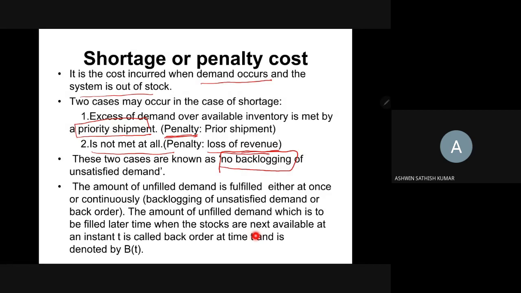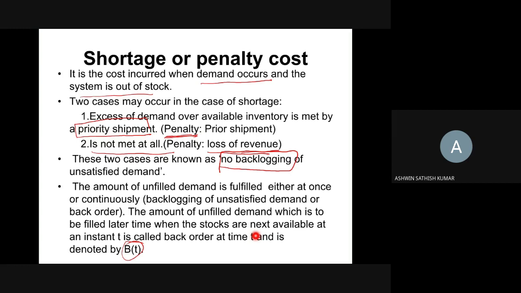The amount of unfilled demand which is to be filled at a later time, meaning which you can manage after a future shipment, can be filled later when the stock is next available. At the instant t, it is called the back order at time t, and we denote it by b_t. When you have positive inventory, we denote it by